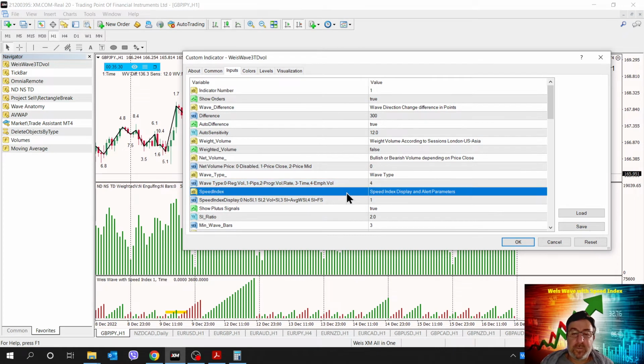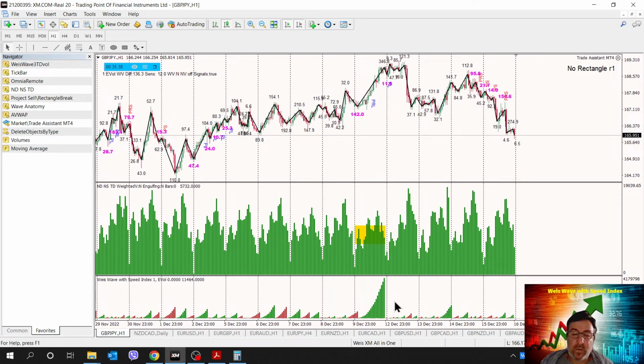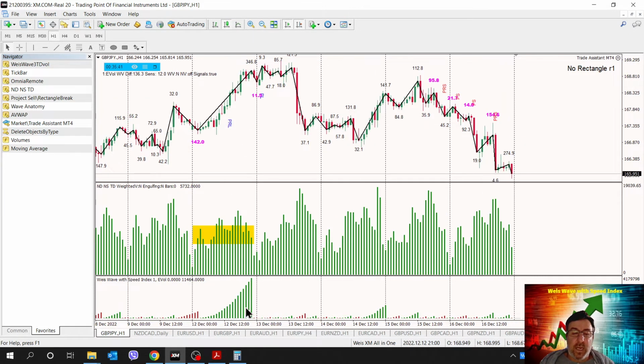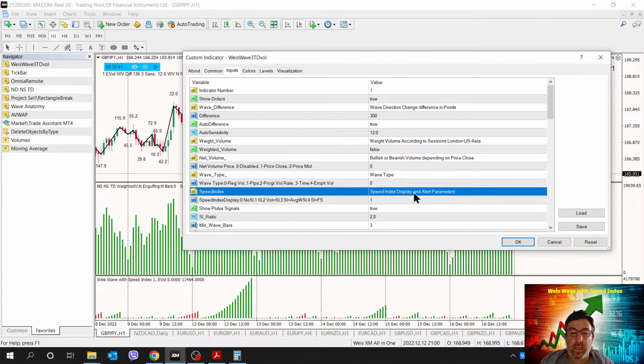Setting number 4, emphasized volume. What it does is emphasize the large waves only. Okay? Let's go to the next setting. Let me take this back to the regular volume. And the next setting